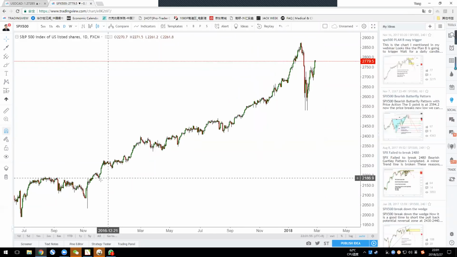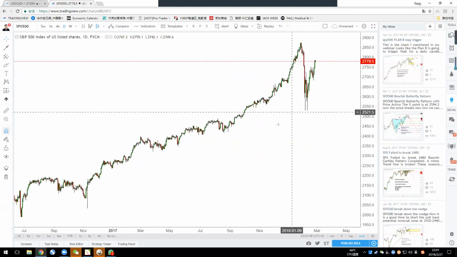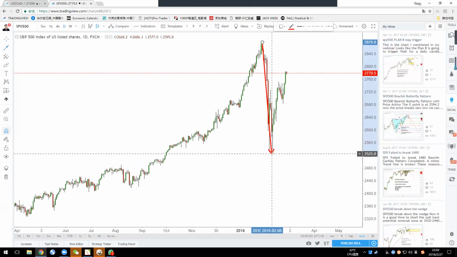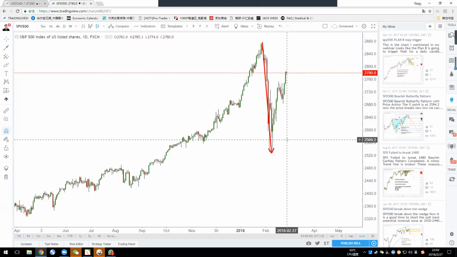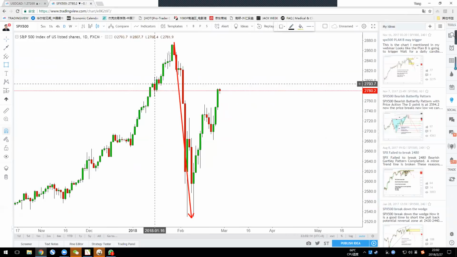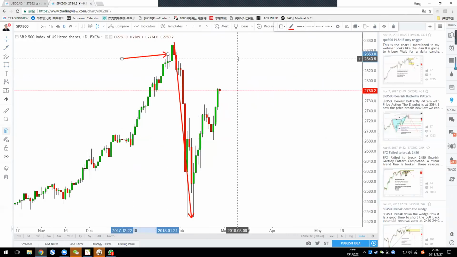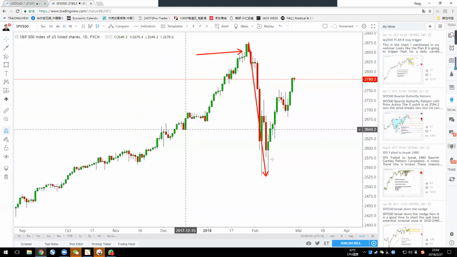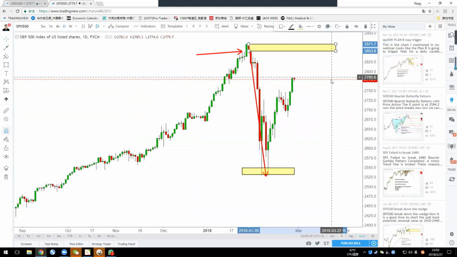Stock equity is crazy in the last few years, right? And then a very deep correction happens, makes a lot of people bankrupt. A lot of people's stocks have to cut loss at the very low. Again, this is another story of don't chase the price. If you chase a price at the high, you are being trapped. The bulls are trapped. If you sell the price at the very low, the bears are trapped. So this is a trap, a bull trap and a bear trap.